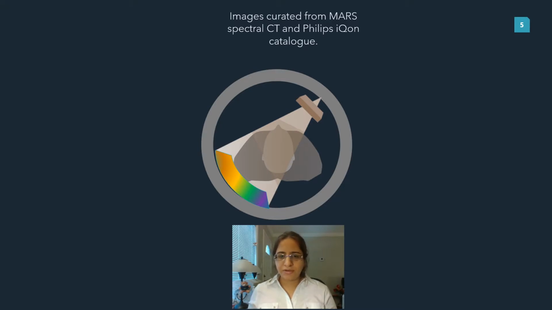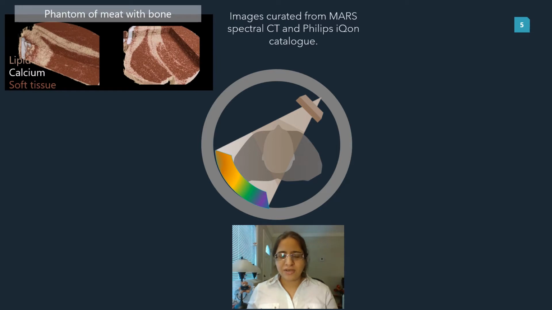So now here I can give you a flavor of what I mean by colorful images. These are the images which I curated from the MARS Spectral CT catalog and also Philips catalog. And these two companies actually have proprietary devices. So here is the phantom of a meat with a bone. Here you can see how nicely the signal from lipid, calcium, and soft tissue were separated when they were given a